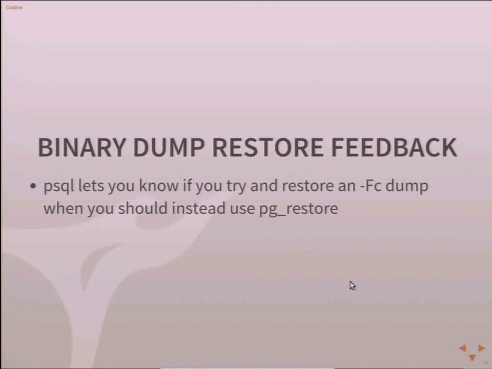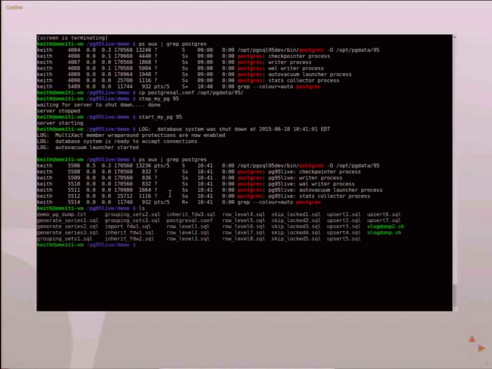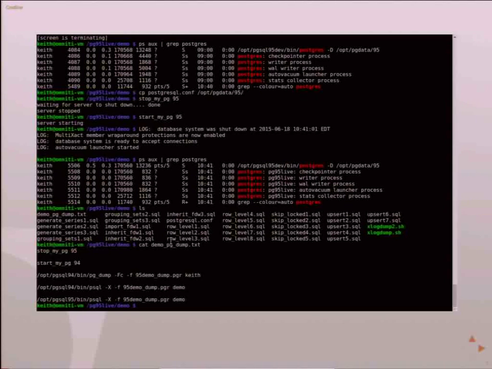So, this is another nice little feature in there. If you've ever done backups and you try to restore them, I'll show you what happens here.